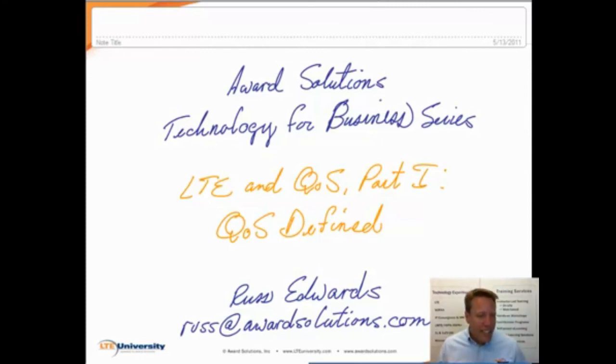Today we are going to be talking about QoS in LTE, and this is the first part of a multi-part series because, as you can imagine, there's a lot involved in this particular topic. So this first session is going to be dealing with QoS, the definition of QoS. We're going to be understanding what is QoS, and we're not going to define it as it's defined in a lot of different ways in different parts of the industry. We're really going to zoom in on the cellular industry, and we're going to talk about key elements of QoS that are really relevant to the cellular industry. So let's go ahead and get started here.